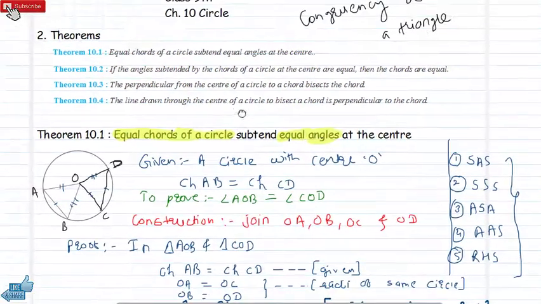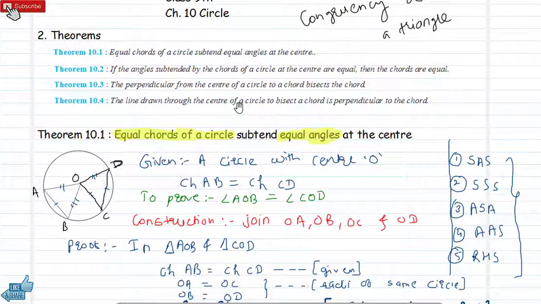Now it's your turn. Just solve the example from exercise number 10.2. That's your work. Just try to solve, and your revision for the first part of this particular lesson, the lesson on circles, will be over. In the next video, we will see the other theorems. I already told you that there are 5 to 6 lectures to revise this complete lesson, because this lesson is really vast and very good.